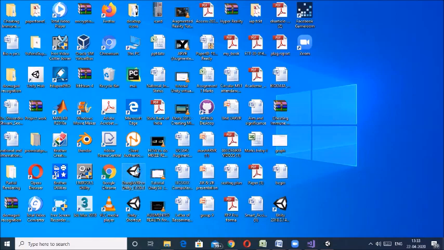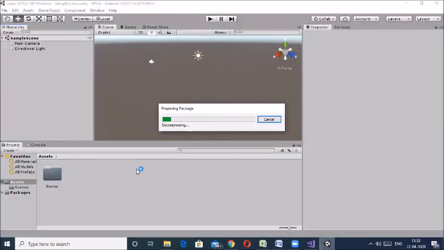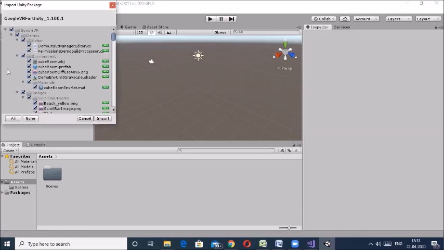You have to just import this GVR into your game. Okay, now import it.